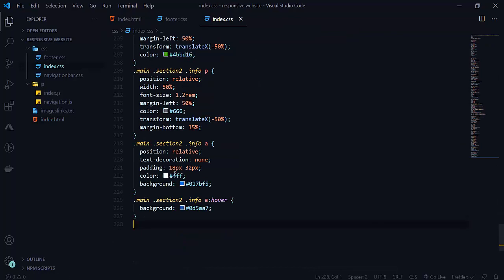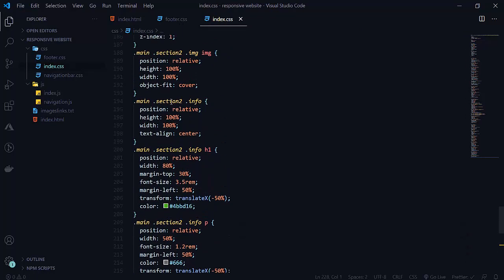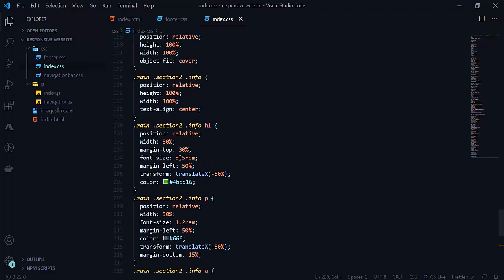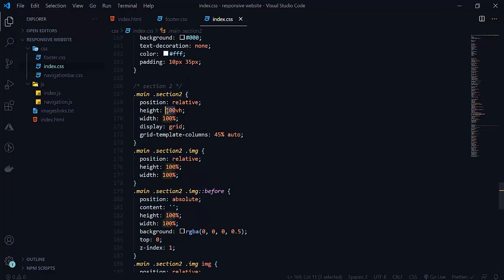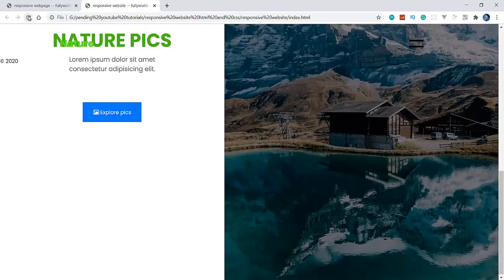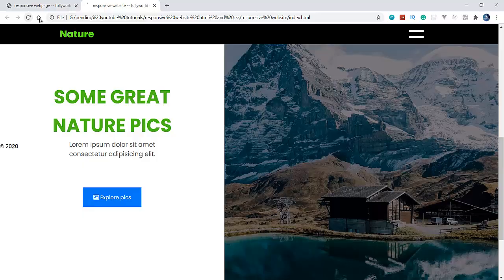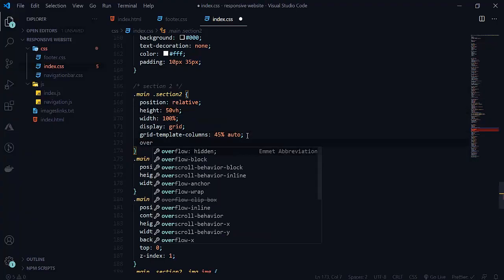Its section height should not be 100 VH, because 100 VH is very much. It should be like 50 VH, and I need overflow hidden here.